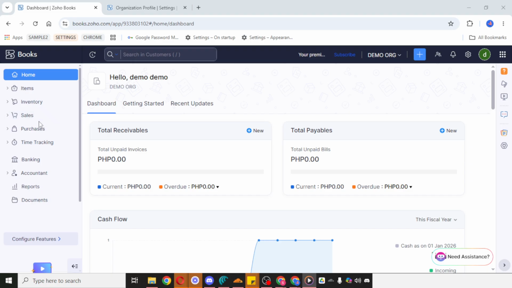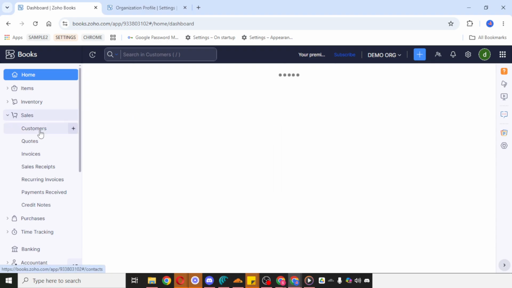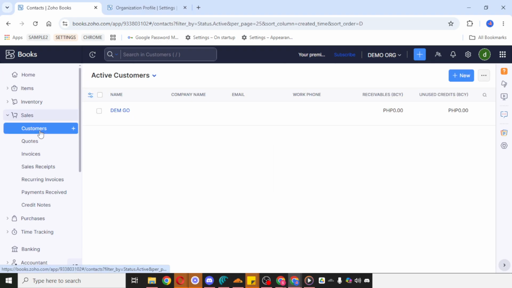When the Sales menu opens, click on Customers. This will take you to the full customer list, where you can review all the customer profiles currently saved in your Zoho Books account. Now, locate the specific customer you want to delete. If your customer list is short, you may be able to find the name simply by scrolling through the page. If you have a larger list, it may help to use the search bar or carefully scan the entries so you select the correct customer.